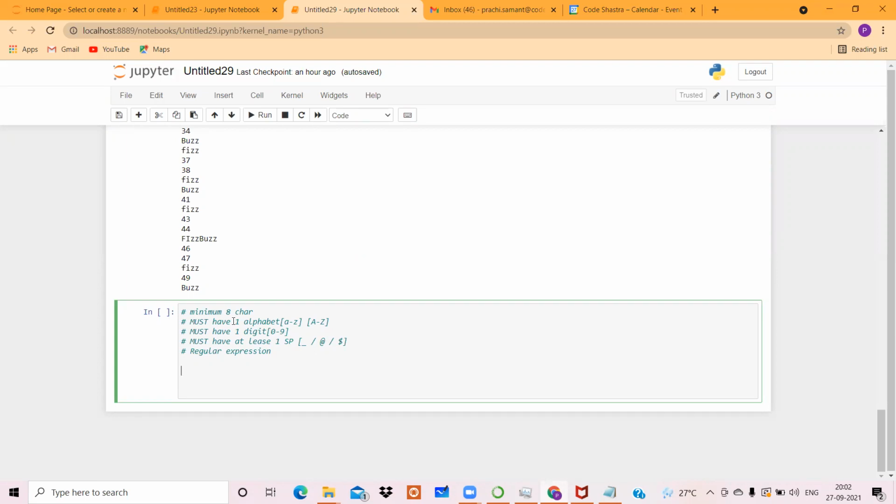Now there is only one issue here, and the issue is if someone is writing everything correctly, that means if I'm writing something like this, Prachi1 at the rate 12 at the rate. As per the rules, this is absolutely correct because it has more than 8 characters, 1 2 3 4 5 6 7 8.